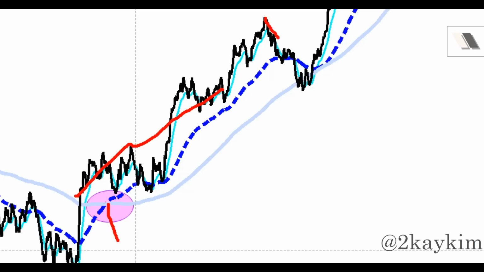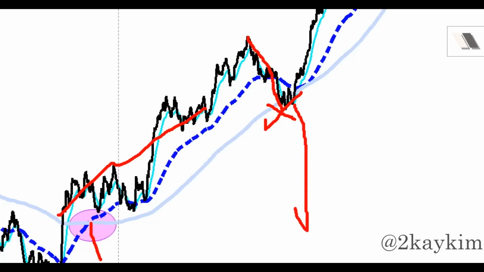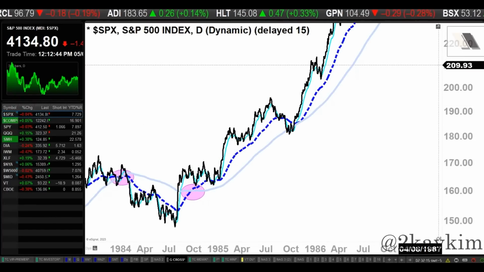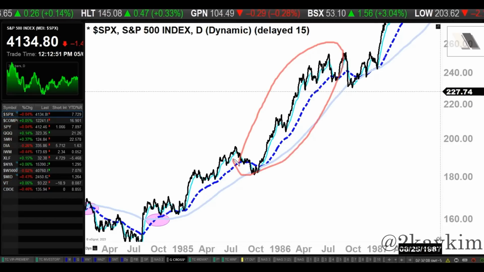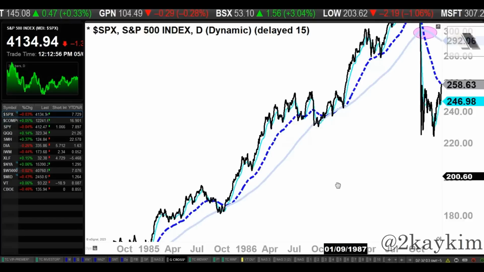Keep in mind, even when we did see that decline right here, and this is likely where a lot of people get scared, right near the lows. A lot of people are like, oh my God, we're gonna see another huge crash. It's gonna be like a 55% decline, and they're gonna start exiting here. And you can see that midterm and long-term never crosses down, and a lot of times what happens is most people miss out on what may come later, and that's this move. Look at that. Very, very fast up move there in 1985, 1986.